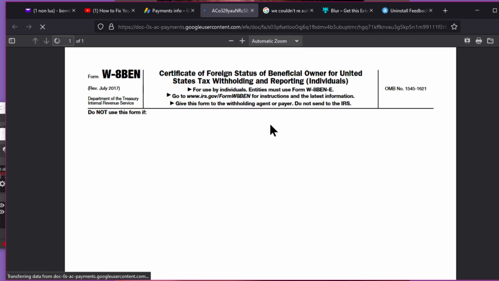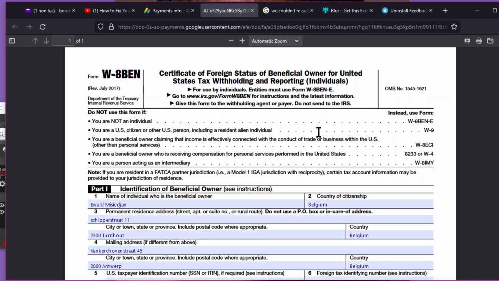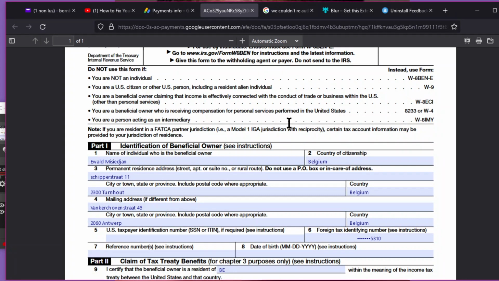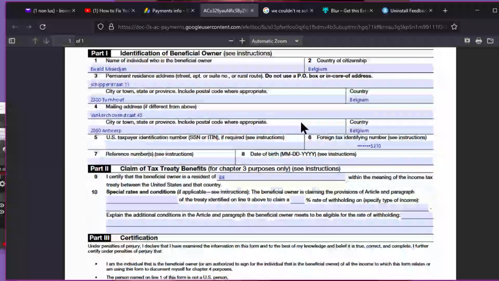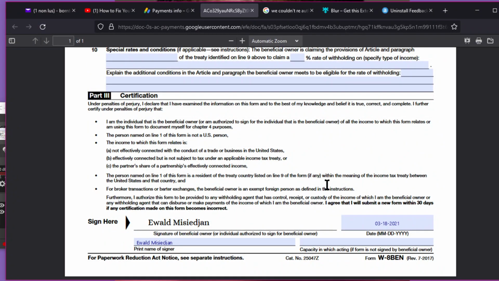Okay, maybe I should do a new form. Maybe this is the one I did before. Okay, I get that. These are the things I input in the form. But I feel I can take the old one and just readjust and put something different. Look at the dates here. I might as well just change the dates, because last time I was doing this, I didn't have any problem. When I did this, my money was just fine.